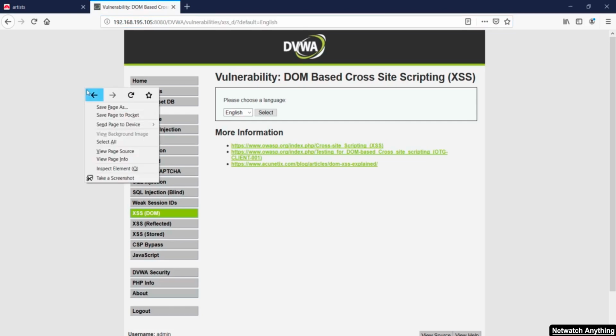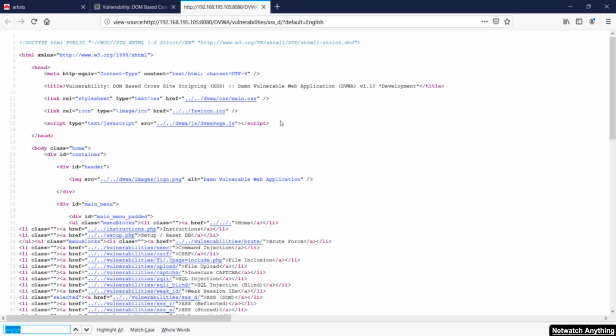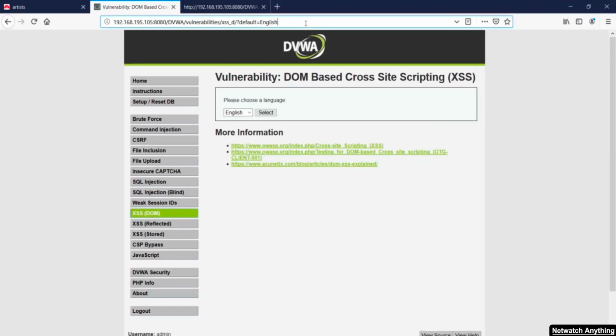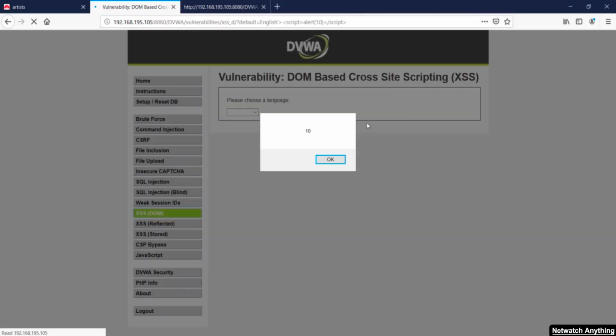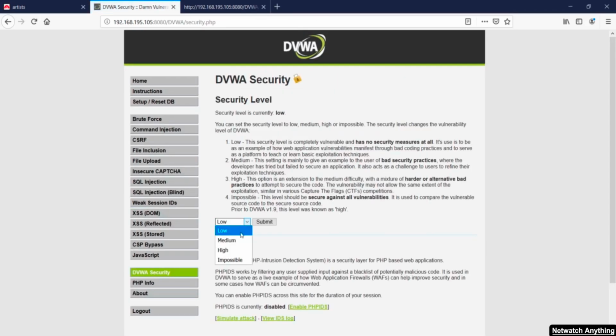Now let's right click and view page source. Let's do Ctrl F and type English and hit enter. Okay, so English keyword is being reflected over here. Now let's try a simple XSS over here. And hence we are able to bypass this security level and able to perform DOM based XSS in low level security. Now let's change the security to medium